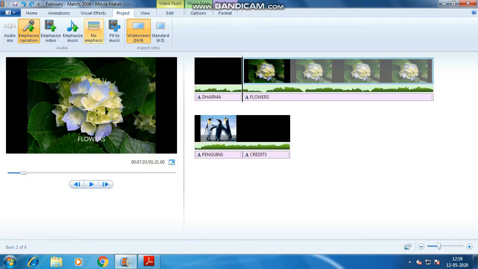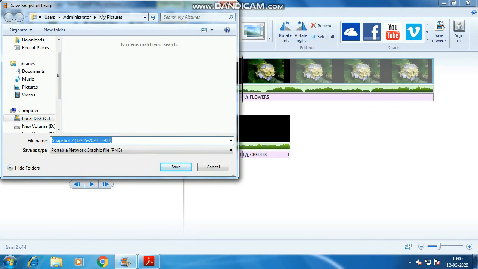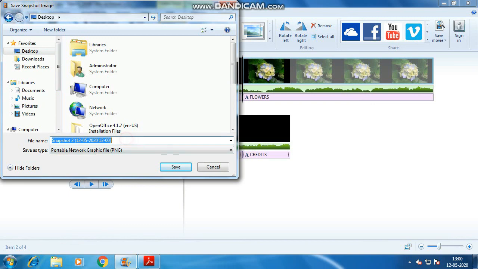When you are working somewhere in Windows Movie Maker, at any position, you can use the option under the Home tab, in the Add group, Snapshot. When you click it, you can save it. You select the location, give the name, and the default save-as type is PNG, portable network graphic file.